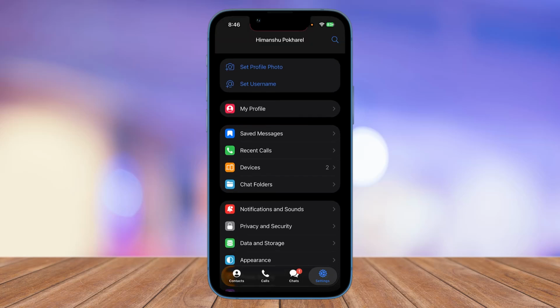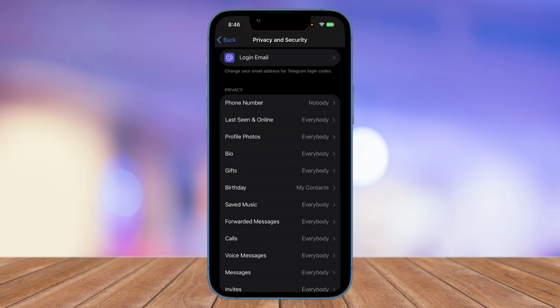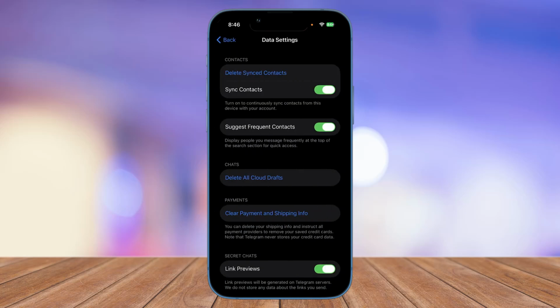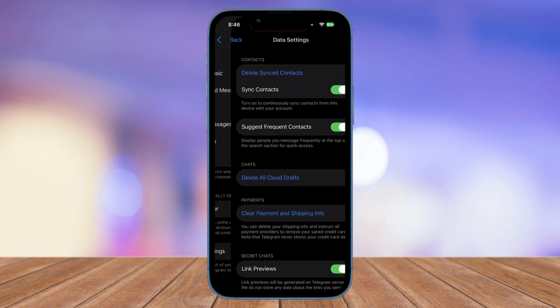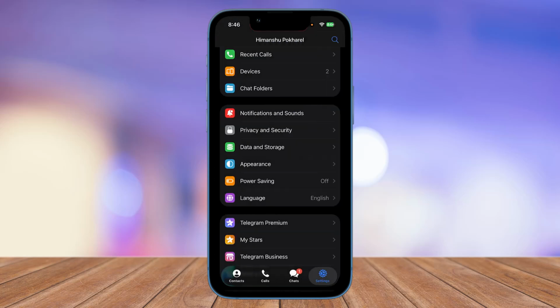Once you've done that, look for privacy and security. And now you want to simply go into data settings and you can simply go ahead and click on delete. You can simply click on delete my account. However, if you don't find it on the application, what you can do is simply head into